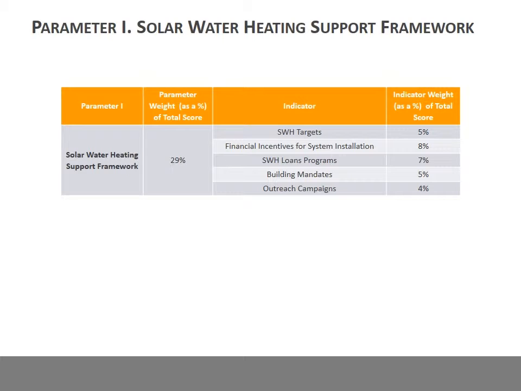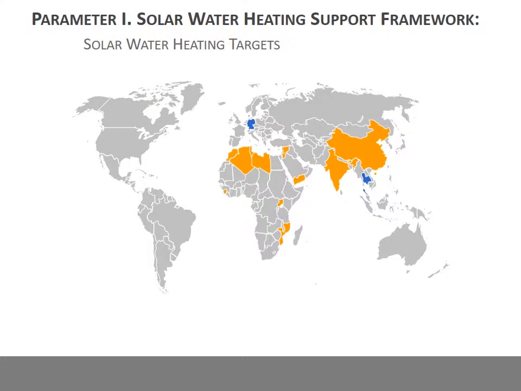at the subnational level. The number of countries with renewable energy targets has expanded dramatically during the past several years. This map shows countries that have either solar thermal or renewable thermal targets. For the purposes of the market readiness assessment, there must be a quantitative target specific to solar water heating, or a renewable thermal target including solar water heating that is formally adopted by the government. India's target to install 20 million square meters of solar water heating by 2022 is an example of such a